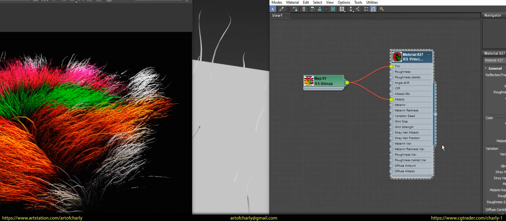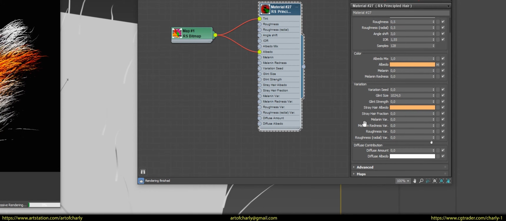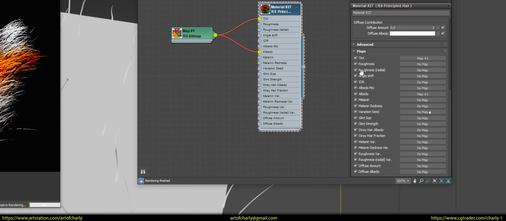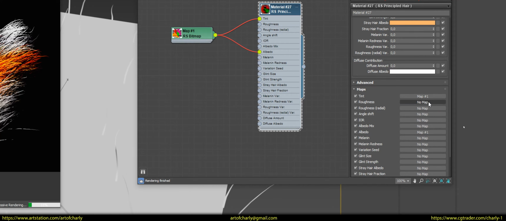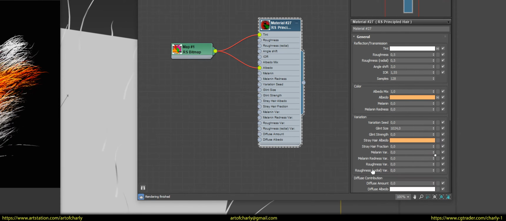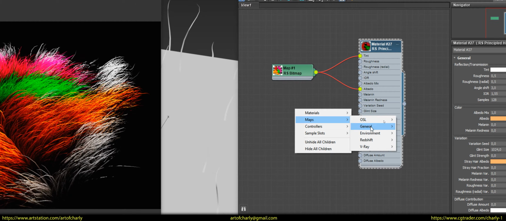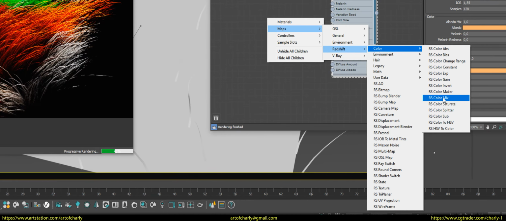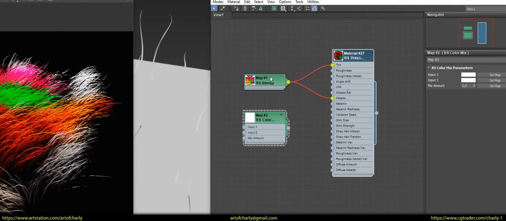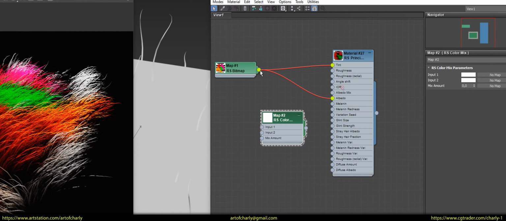In the end, we will get a more correct shade for the shine. But we don't need 100% of this map. Redshift does not have the standard map blending feature using a percentage value. Therefore, for this task, we need to create a special node. To do this, right-click and find the RS Color Mix node. In Input 2, connect our map.